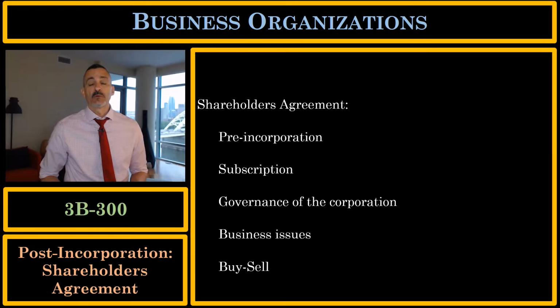In the shareholders agreement, we might want to talk about how we're going to govern this corporation, who's going to be a director, who's going to be one of the executive officers. Talk about business issues, right? Not just the internal governance, but the business issues. What business will we be doing? We might want to put that in the shareholders agreement. And finally, a very important part of the shareholders agreement is what we call a buy-sell agreement. A buy-sell agreement is simply where the shareholders discuss what will happen if one party wants to buy the other party's shares or one party wants to sell her shares to one of the other current shareholders or maybe an outside investor.